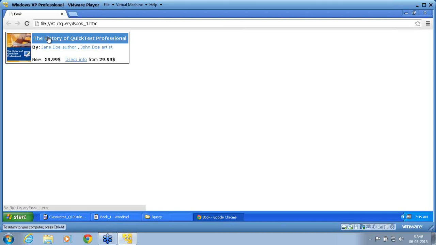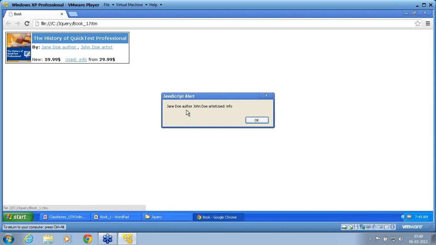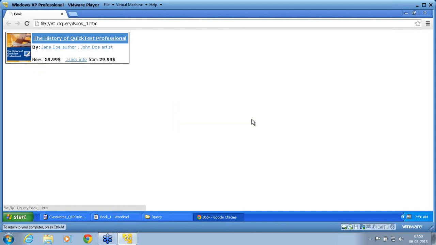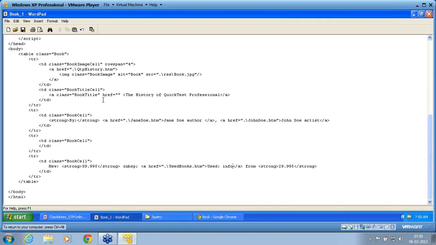So if I click now, you can now see Jane Doe, that whatever is as a value assigned, that value is what is used, not that actual href link. So the tag names are, that is what the text property does, right? So once that is done, you can see that he is able to load that information as an alert.